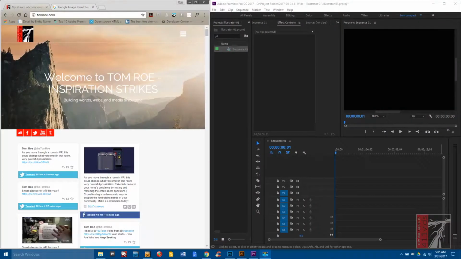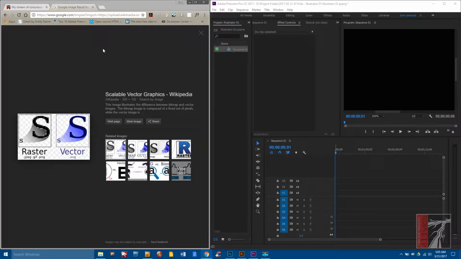Alright, here we go. So I'm going to first review the difference between a bitmap and a vector object. As you can see by this image, a bitmap or raster object usually comes in the flavors of JPEG, GIF, or PNG, and vector on the internet usually comes as an SVG file. As you can see by this illustration, the edges of this S are really blotchy and blocky, and they have stair steps or aliasing going around the edges, and if you zoom in on this image